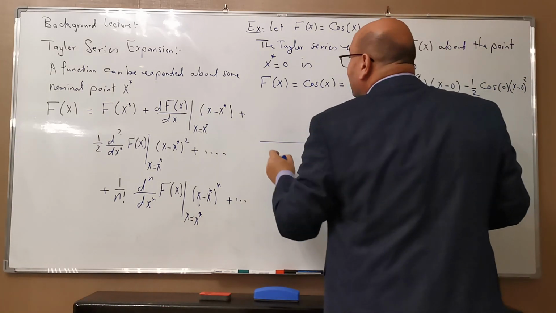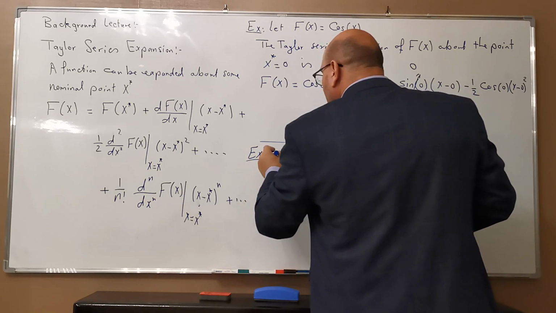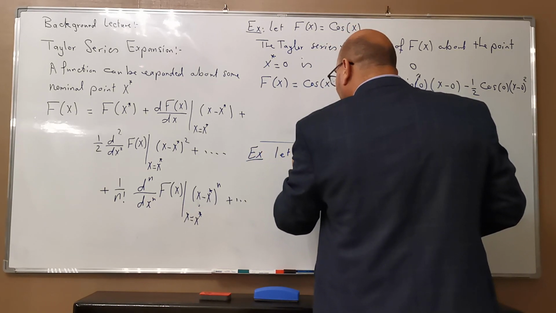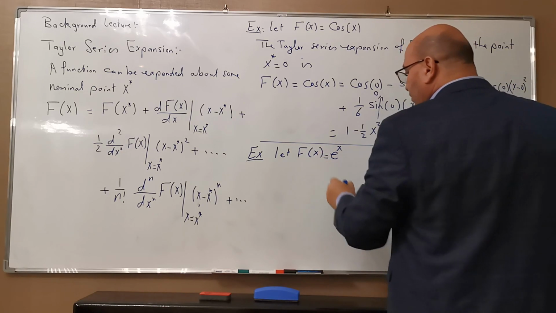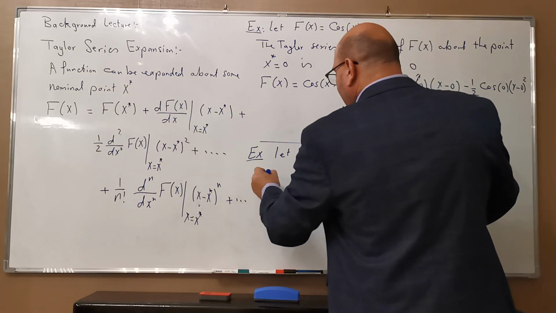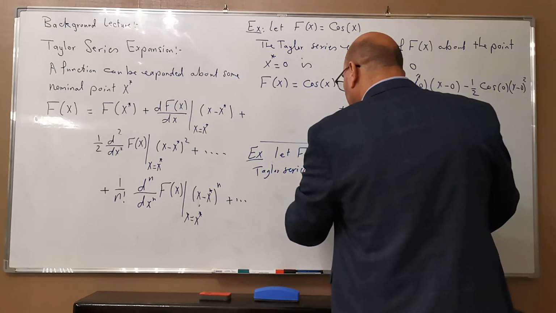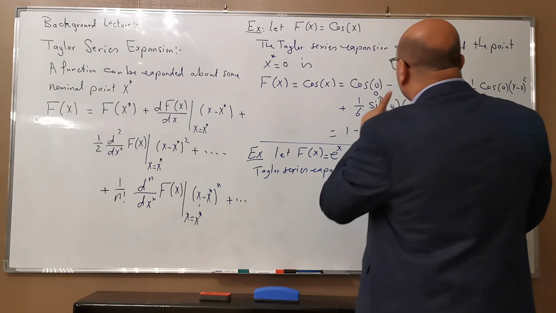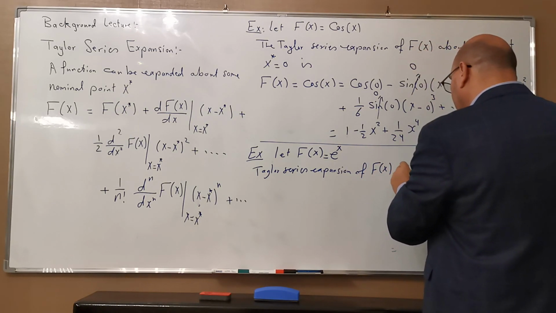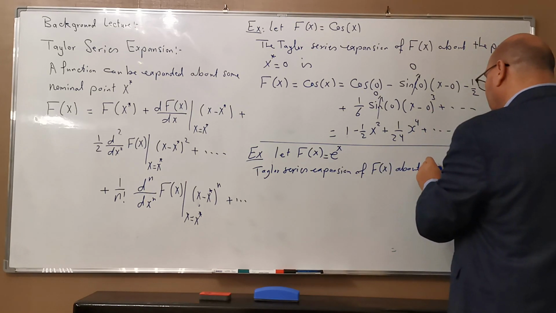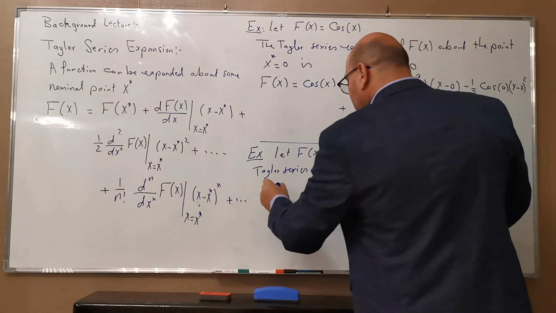I will just do another example. Maybe you can relate it to calculus. The example is also very simple. If we let f of x is equal to e to the x, so f of x is equal to e to the x, then the Taylor series expansion of f of x about the point x star equals 0 is